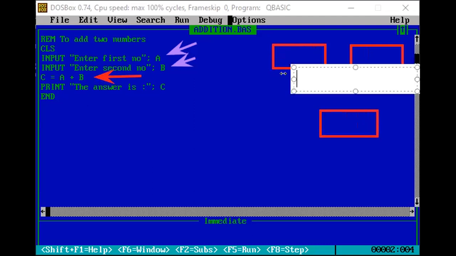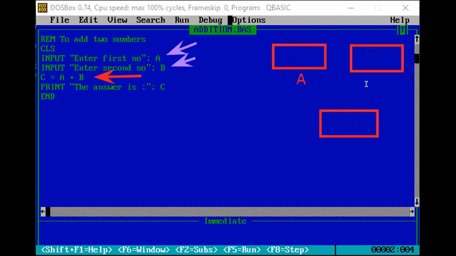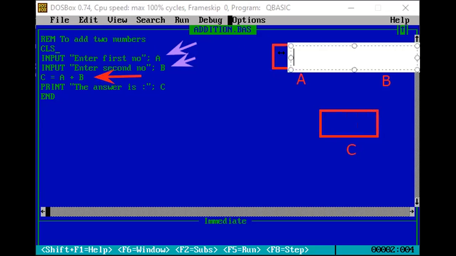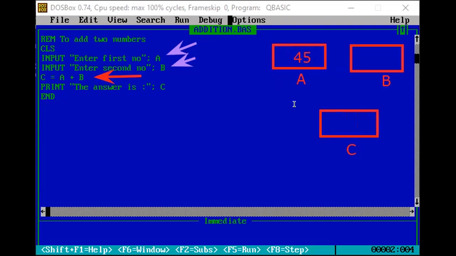Let us take it as A, this one B, and this one C. Now if user gives first number as 45, so that 45 will get stored in a memory location whose name is A. So a variable is a named location in the memory of computer that stores data temporarily. So 45 gets stored here. With the second line, let us take another number, say 10.